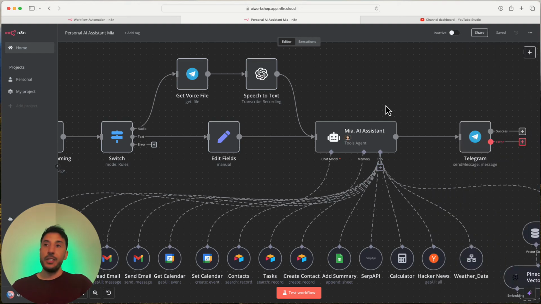All right, well, hopefully that gave you a good overview of how all these agents work and which one to use for what purpose. And obviously, like I said, the tools agent is going to be your go-to agent for most of your use cases, but it's always good to know the other types of agents that are available, because there are some instances where these other types of agents will do a better job compared to this tools agent.